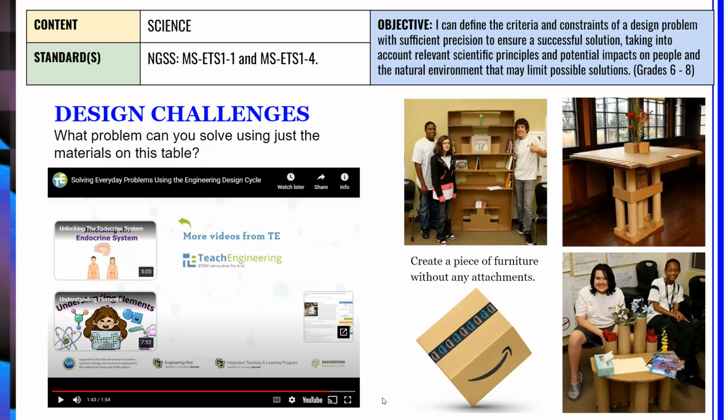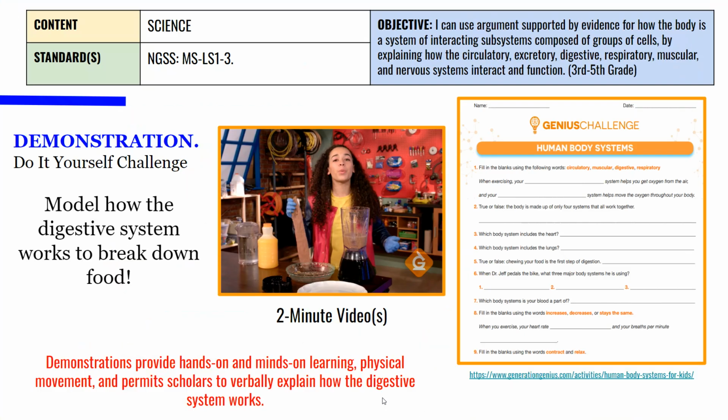But the challenge the first time was it didn't really fit because they didn't measure it. So the scholars had to go back to the design process and uncover that there actually is a design process. There is a process that you want to follow when designing. That was a huge piece of our STEM curriculums. Teach Engineering is a great website. It has tons of resources and information to really help guide design challenges. And so one thing that we want you to think about